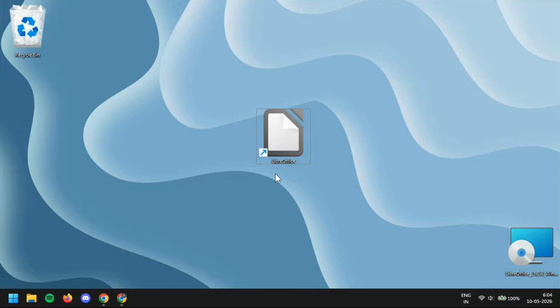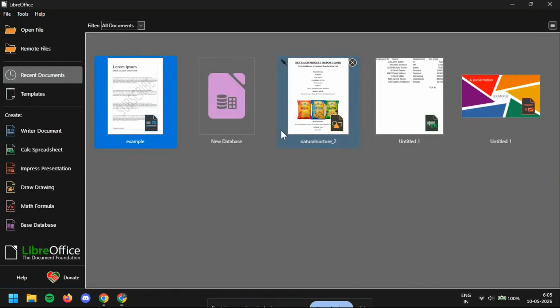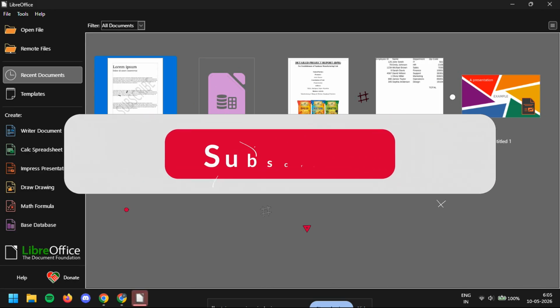If you work in LibreOffice Writer and want a clearer view of what's happening inside your document, this quick tutorial is going to help. In this video, I'll show you how to turn on formatting marks in LibreOffice Writer so you can see hidden symbols like spaces, paragraph marks, and line breaks. This is super useful when you're cleaning up document formatting, fixing spacing issues, or trying to understand why text looks